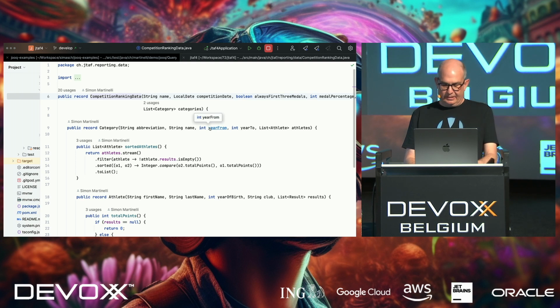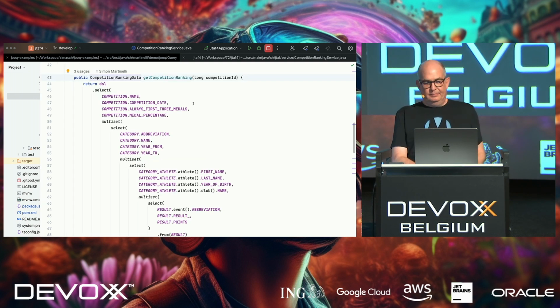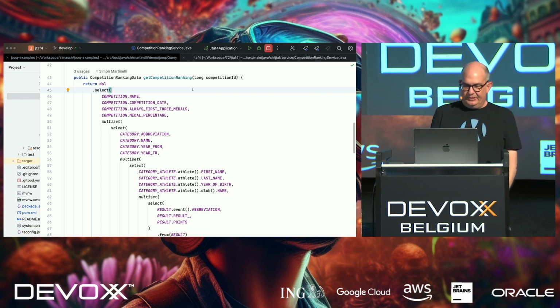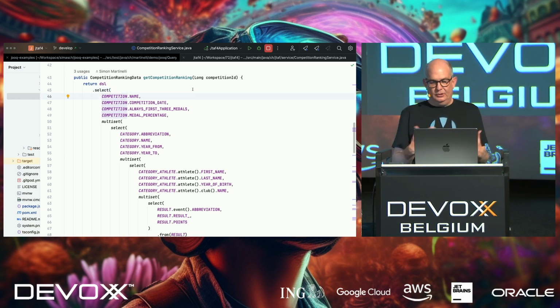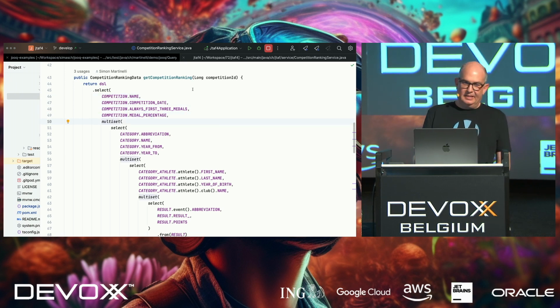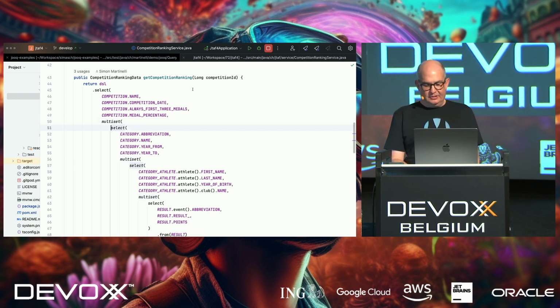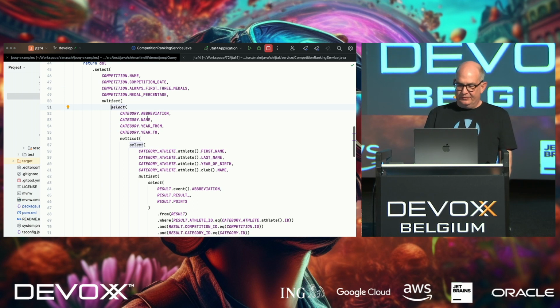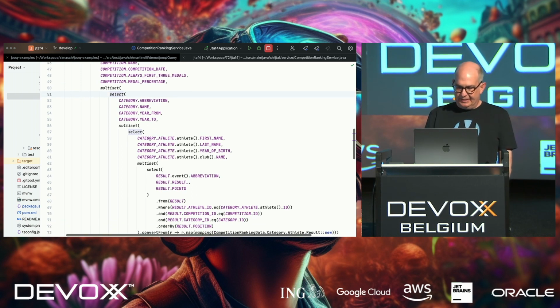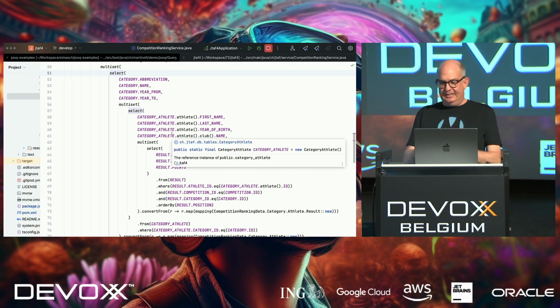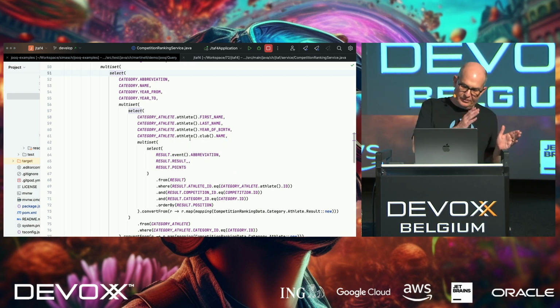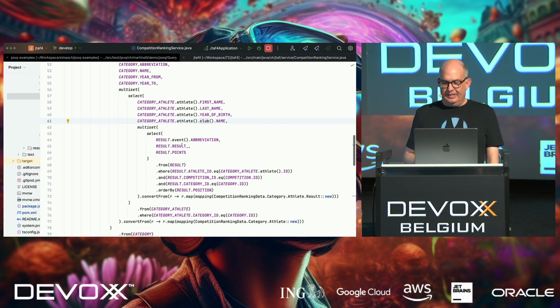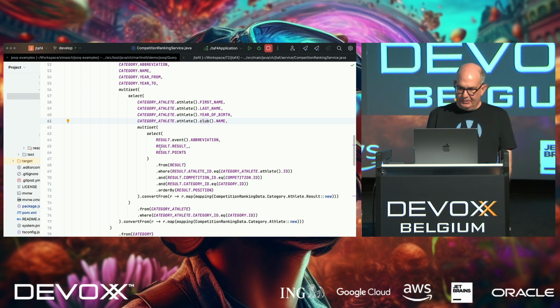And let's get back to that. Here, the start is straightforward. So we select the fields that we want to use from the competition table. And then we have this multiset operator or function that also takes a select statement with the information of the category. Then we have the multiset that selects the category athlete, and here we use the implicit join to come from this relationship table to the athlete table. Then we use this information again, an implicit join to the name,